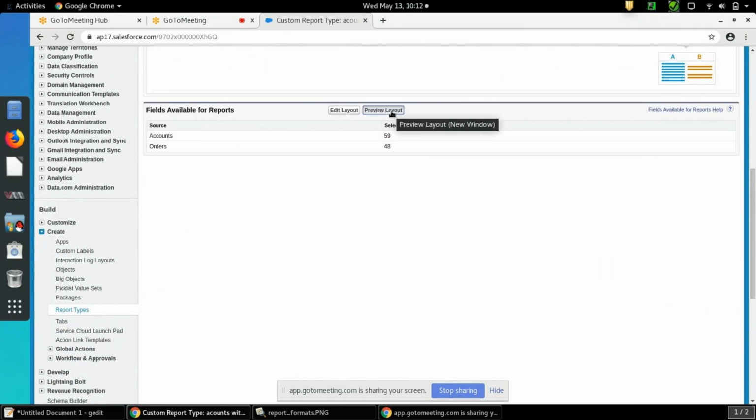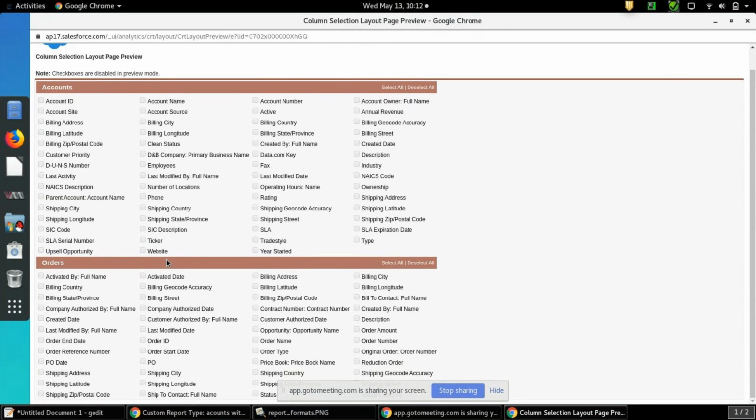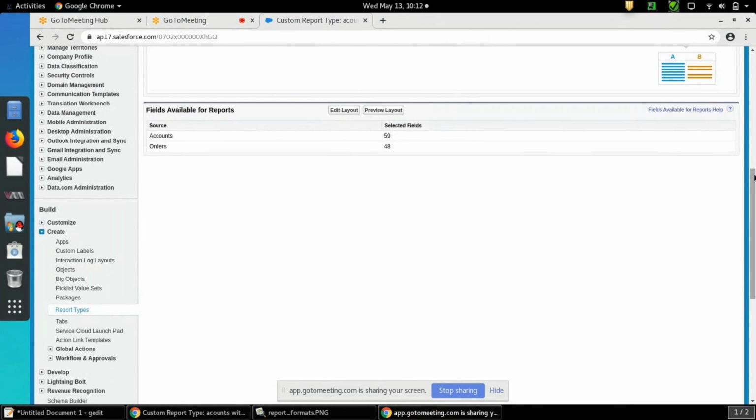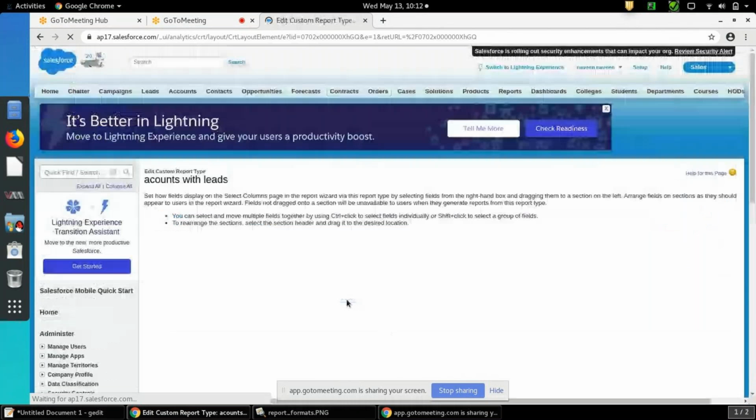Click on preview layout now. Can you see? Earlier it was ticker symbol. Now it's changed to ticker. This one, PO number was there. I changed it to PO. So it's reflected, right? So that's how we can edit the labels. Okay, click on edit layout.